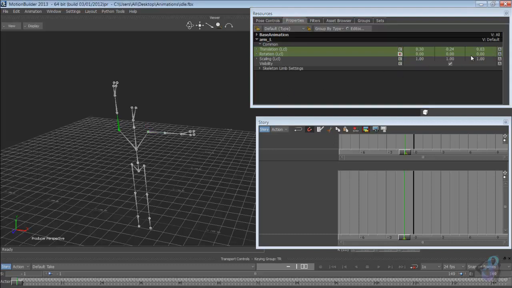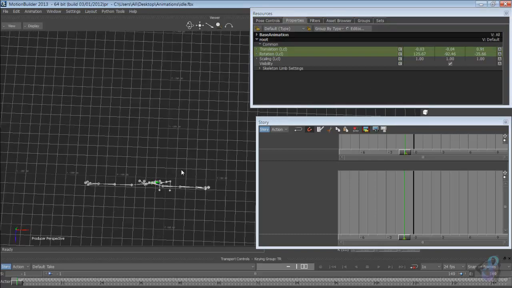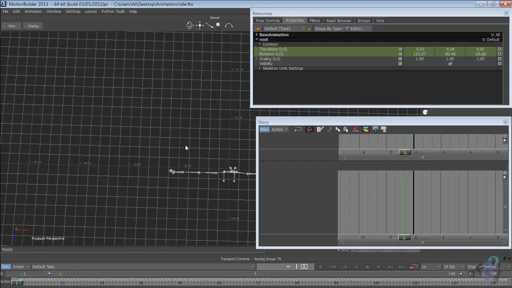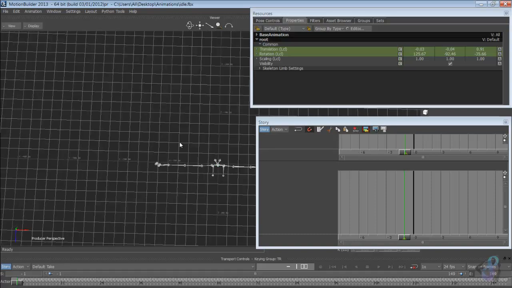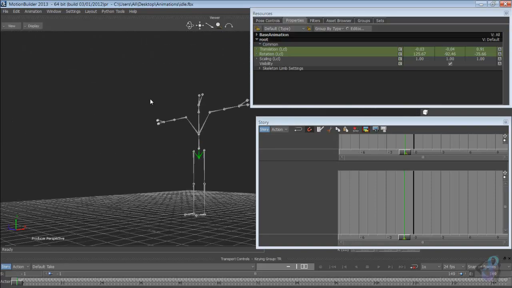This guy is 90. These two guys are -90. The root is a bit different. It's perfectly aligned, I think. The Z, yep, as it is, but